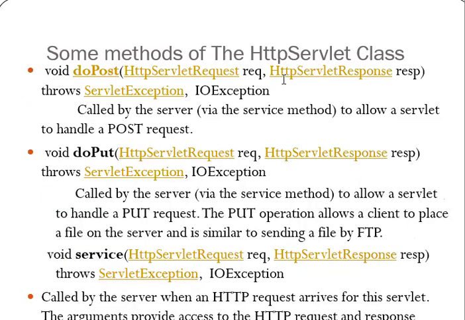Similarly, post request, put request, then service. The service method is called by the server when an HTTP request arrives for this servlet, and the arguments provide access to the HTTP request and response objects. Here, if you observe, we are just simply listing the methods, classes, and interfaces provided by the packages.